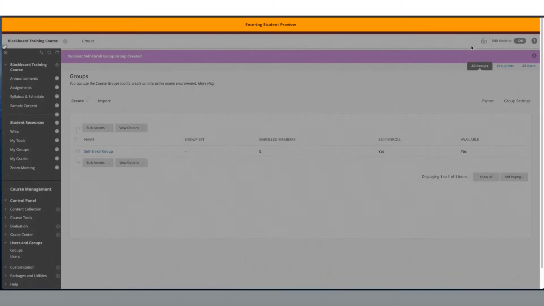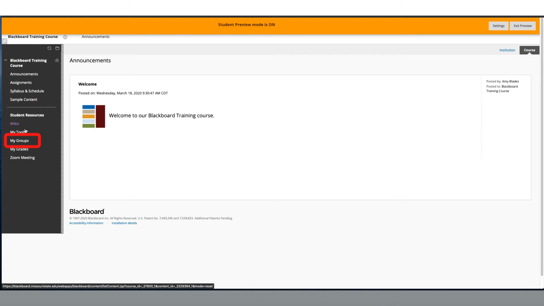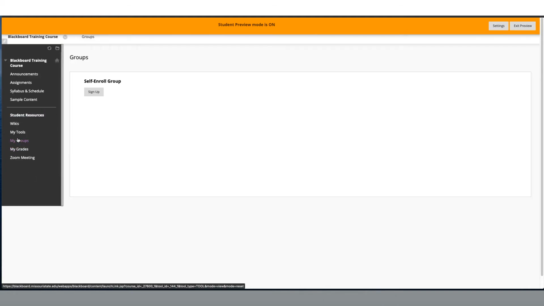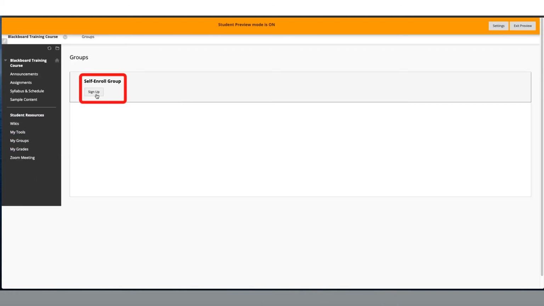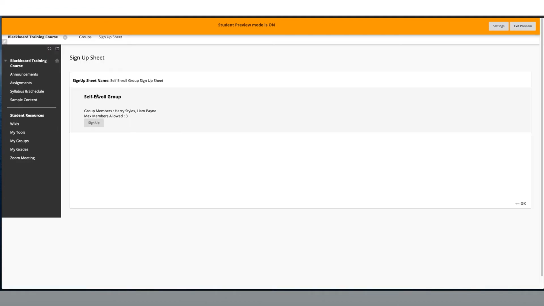Now, if we enter into Student Preview mode and click on the Groups link in the menu, we see the name of the new group as well as the Sign Up button. Clicking on the button takes us to the sign-up sheet we created, complete with its instructions and the max number allowed. We can also see that a few students have already joined the group. This looks like a fantastic group to join, so I'm going to go ahead and sign up by clicking the